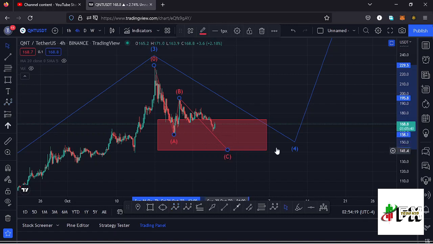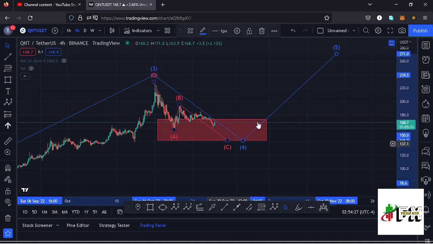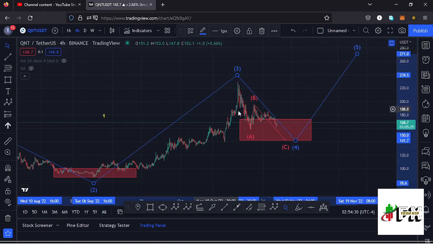And once that plays out, then I can be confident that the low is in, then expect a movement to the upper side in the formation of that wave 5. And we can also sketch out a target area to the upper side in the formation of this fifth wave